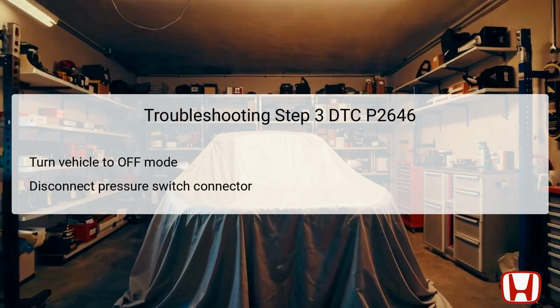This action is crucial as it isolates the switch from the system, allowing for accurate voltage readings and assessments. After disconnecting the switch, the technician then turns the vehicle to the on mode and checks the parameters with the HDS. Specifically, looking for the indication of whether the rocker arm oil pressure switch A is reading on is vital. If the system indicates on, it suggests that the issue may lie elsewhere, and you would proceed to step 5